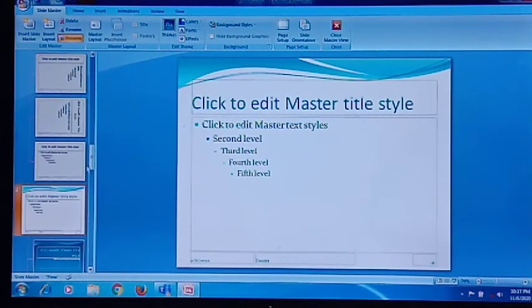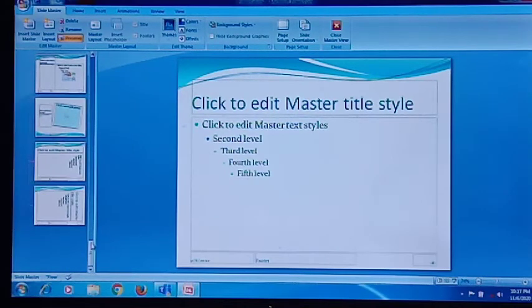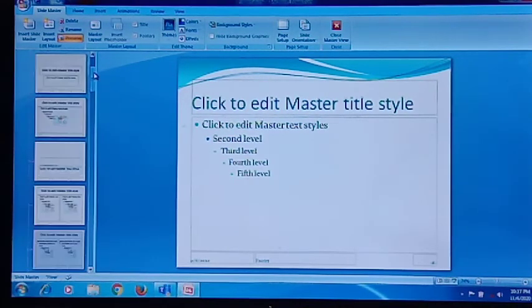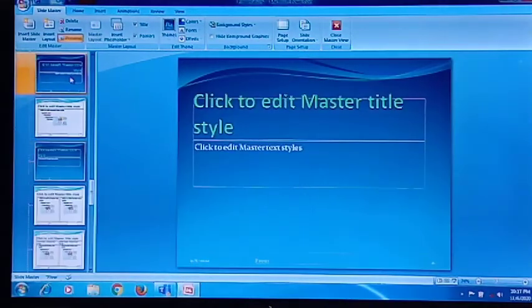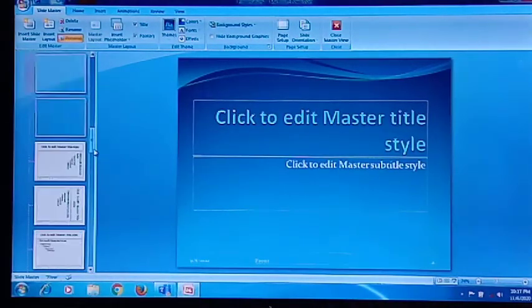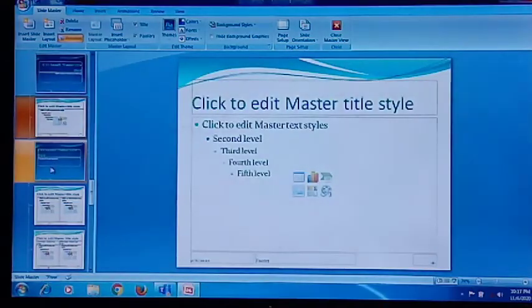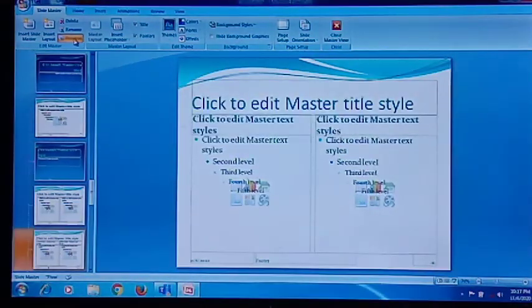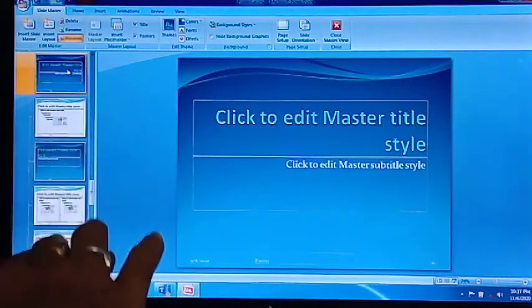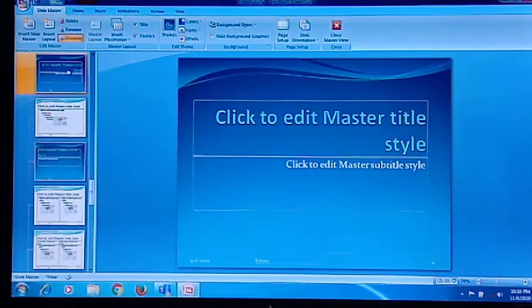Okay, all right. If you see the set of slides, this is the master slide of these. This one, if you see here, this one is the master slide, and other slides are the sub slides of this master slide. So this is the master slide, and all the rest are sub slides. Alright, so the same type of themes you can see in other slides as well.